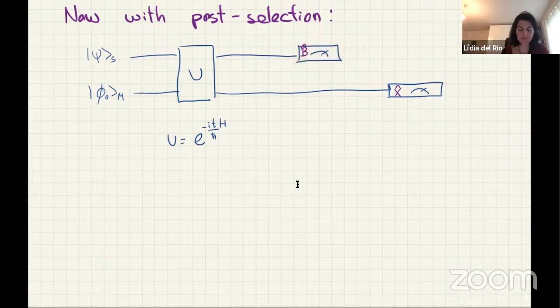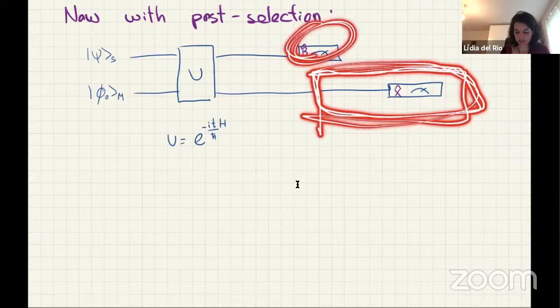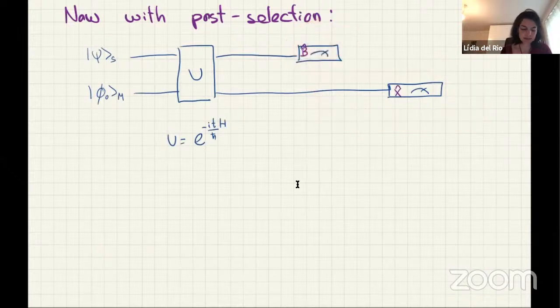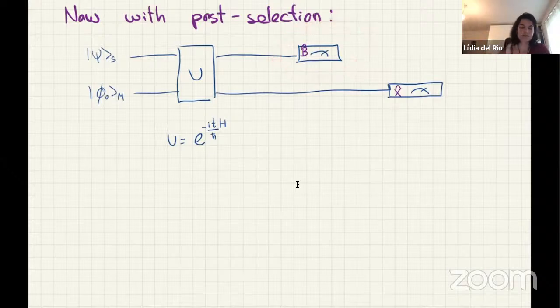Because quantum mechanics is local in this way that in order to know the outcome or the probabilities for outcome of a measurement there, it doesn't matter what I'm doing over on the other side, right? Even if this was a Bell experiment where here there's a fully entangled pair, if I just care about the outcomes of my measurement in the X or Z basis, I don't need to care what Alice over there is doing to her state. But the difference is that now we're post-selecting, which means what?